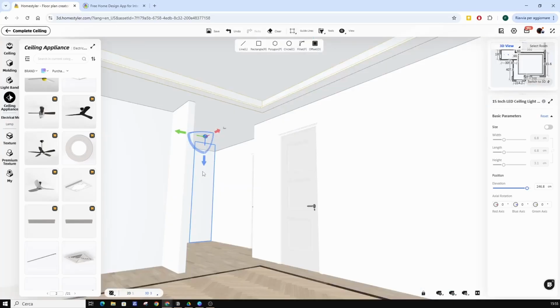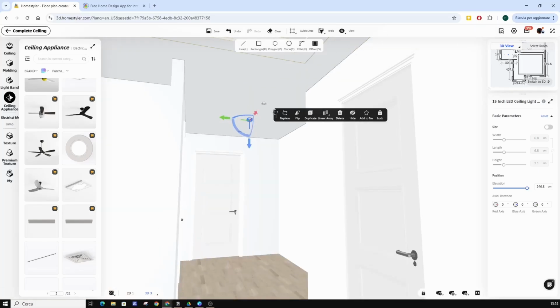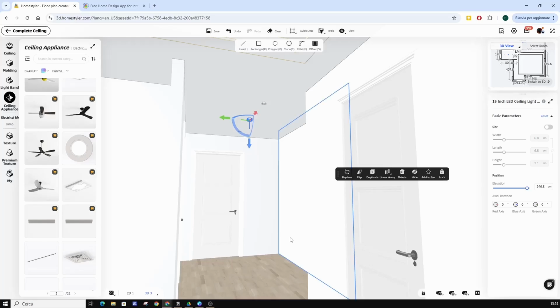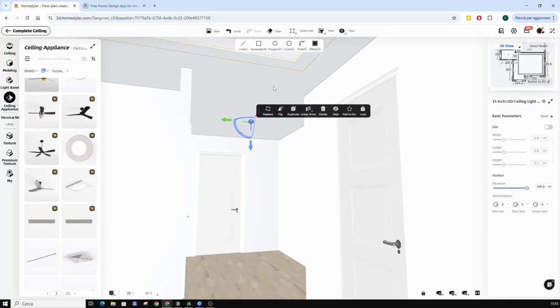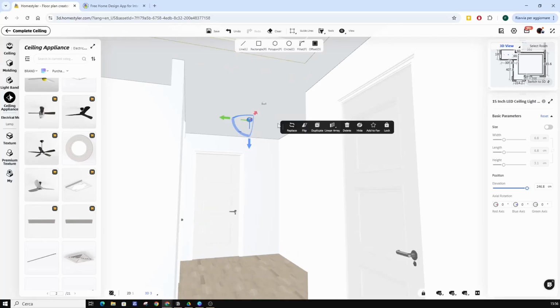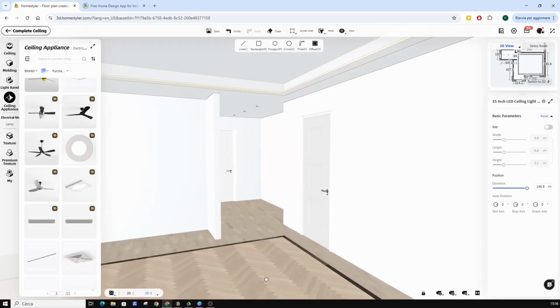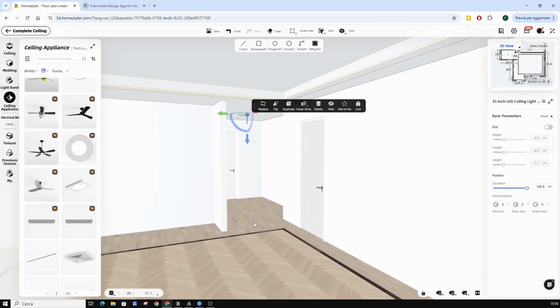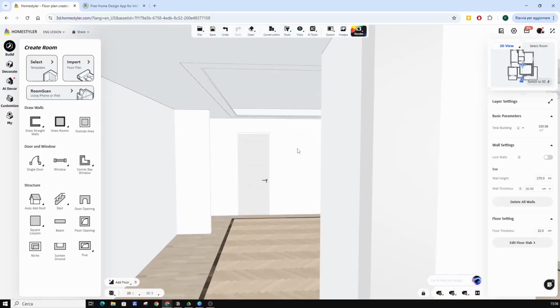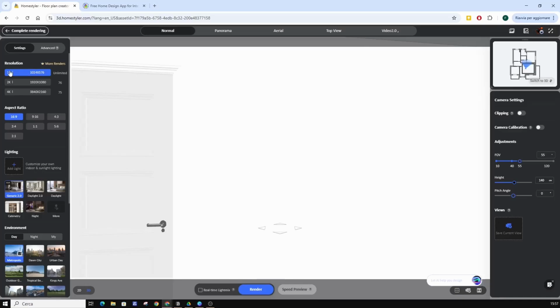Let's go to 3D and see the spotlights placed on the ceiling. The floating window can be moved. We see that Home Styler directly recognizes the height of our ceiling. If we want to quickly check the effect of the lights we have inserted, we can make a test render. First of all, we select Complete Ceiling. Choose the Render Normal Image option. We stay on the 1K resolution, which is very fast and allows us to do all the tests we want.